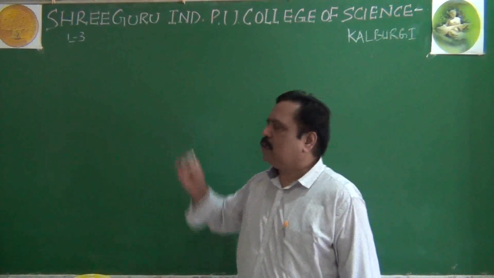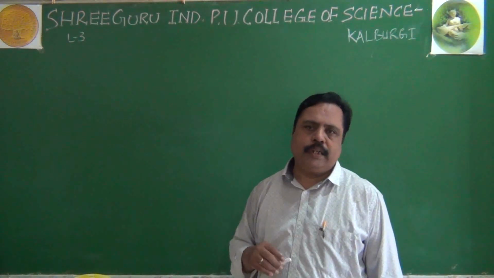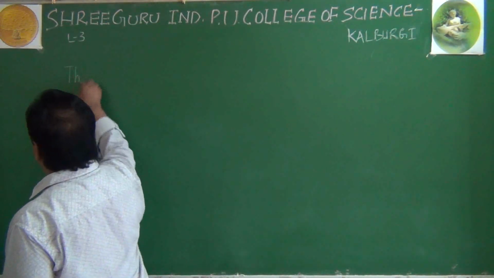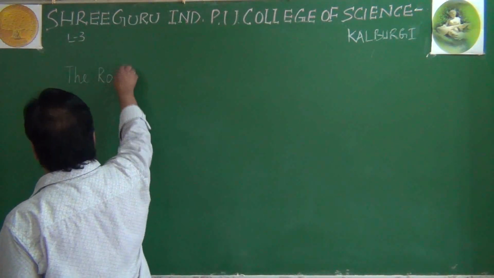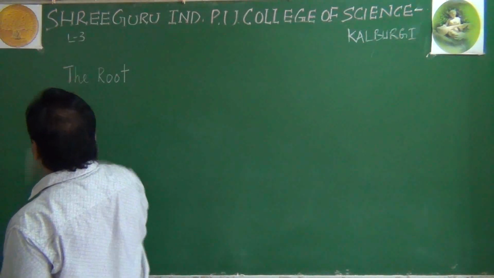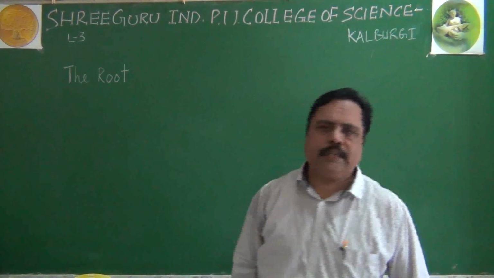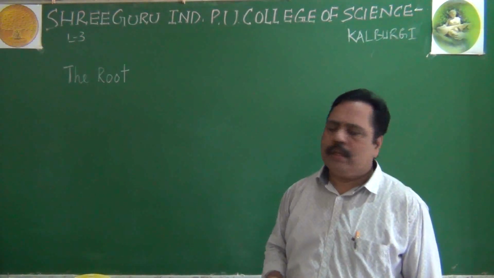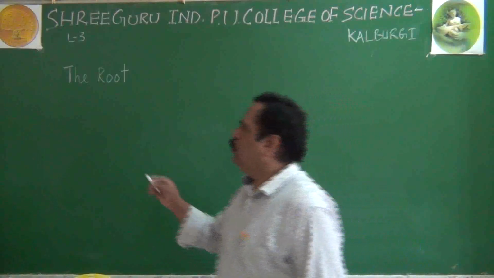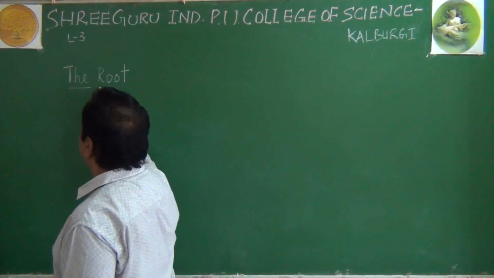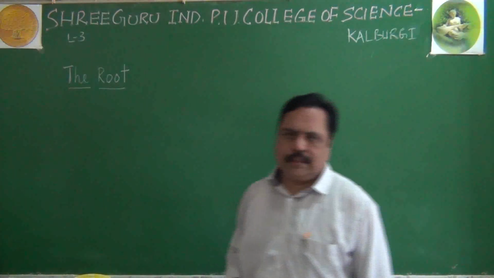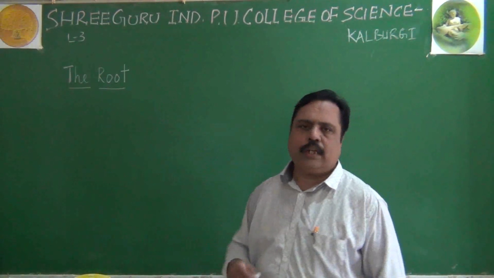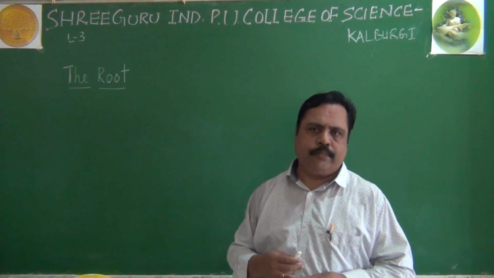We are going to discuss about each and every part in detail. In the previous class, I was talking about the root system. Otherwise, the root we have started in the previous class. You may be recalling some general characters of the root in the angiosperm. The roots are underground part of the plant body, you may be remembering. General characters, some of them may be aerial also. So generally the roots are underground part of the plant body.